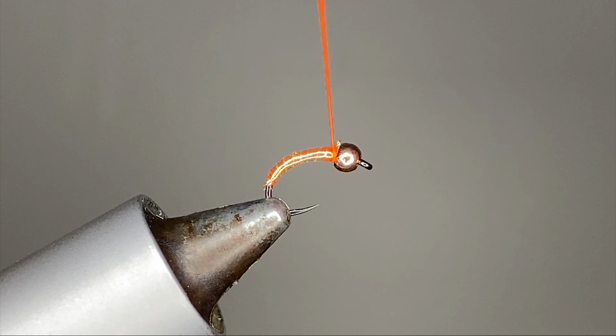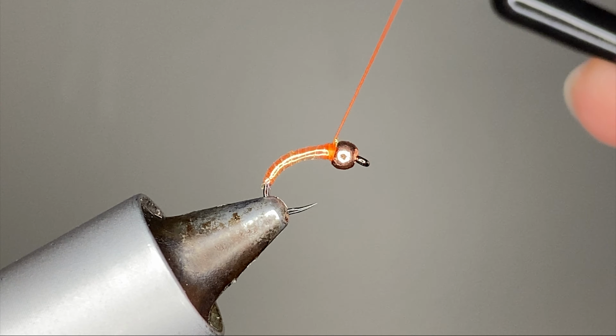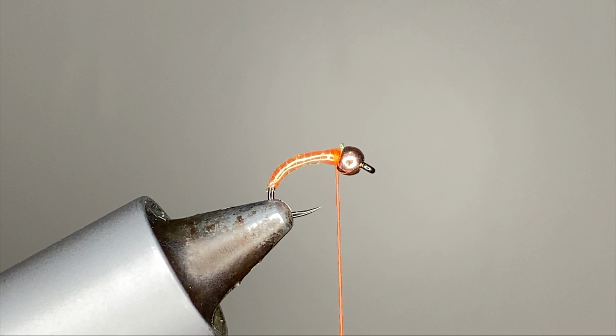So we just try to keep this. You don't want to add too many thread wraps here. You know, you see that little tag there. It's going to get covered up. So our next material